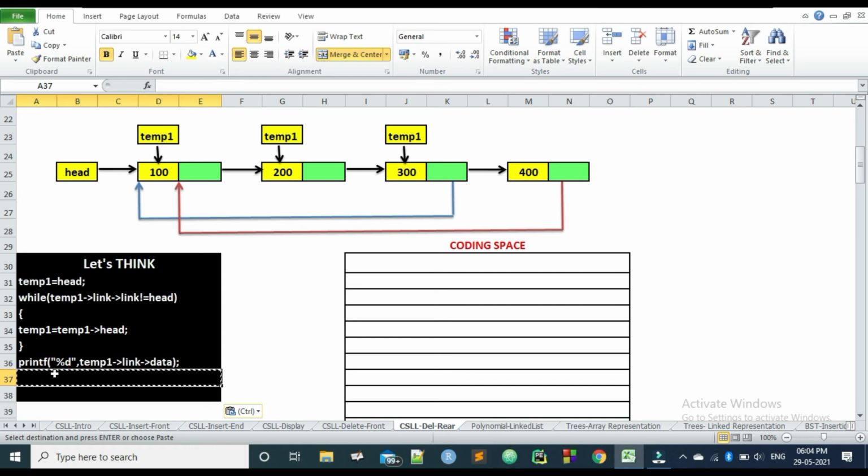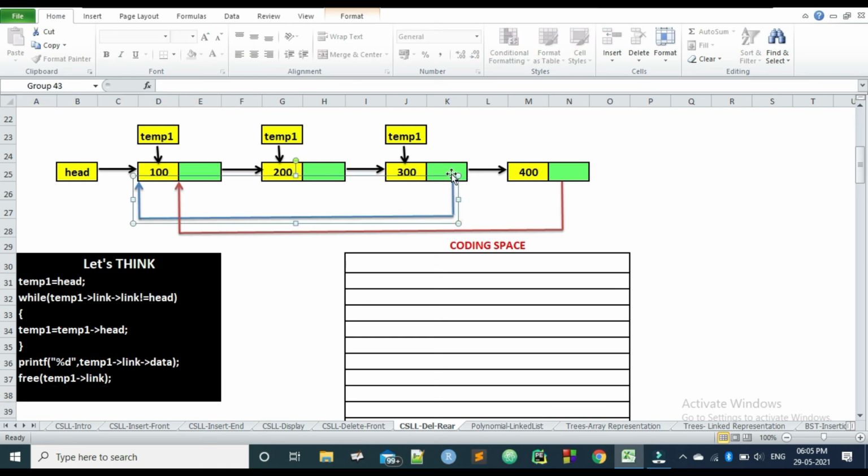So we are printing it. Next we want to free this using my temp1. So I am going to write free temp1's link, because temp1's link is pointing here, so this address will be freed. After that you have to make this third node's link part have the address of the first node. That is very easy: you write temp1's link equals head.